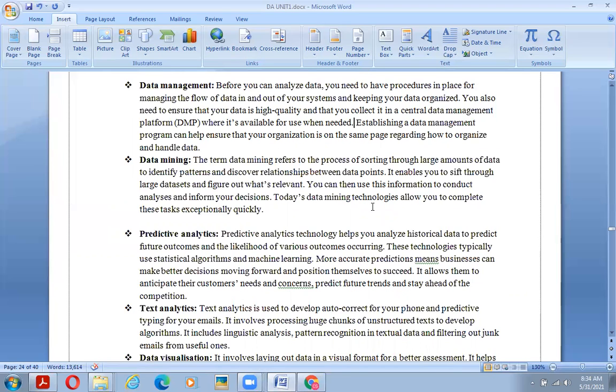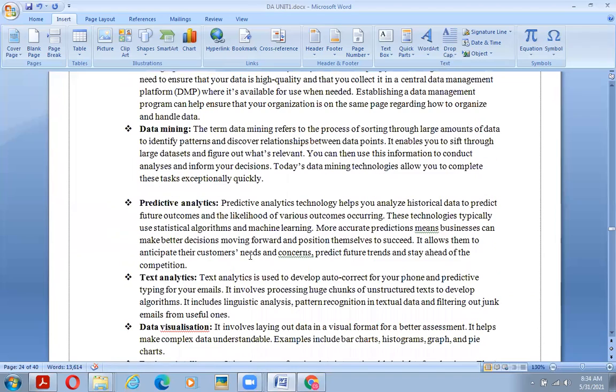Standardizing a data management program can help ensure that your organization is on the same page regarding how to organize and handle data. This is what data management is all about. Next comes